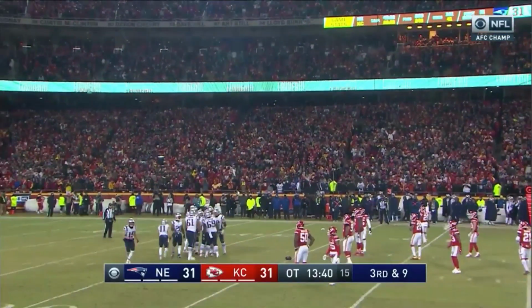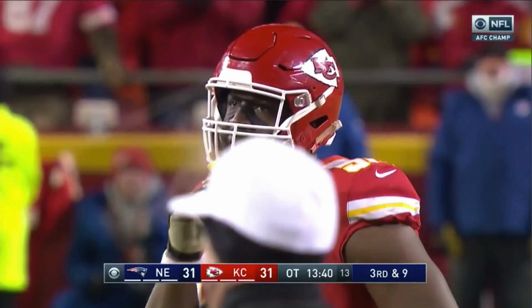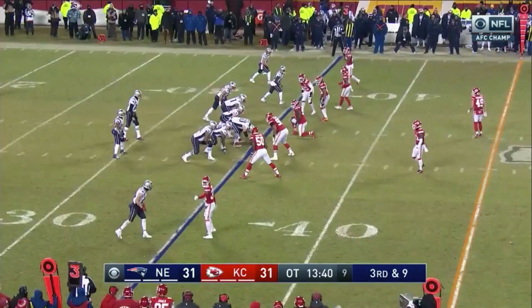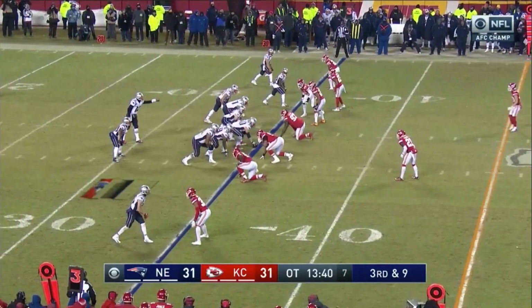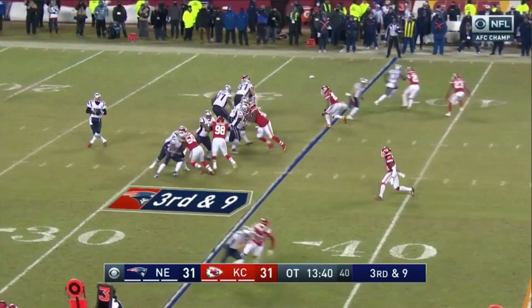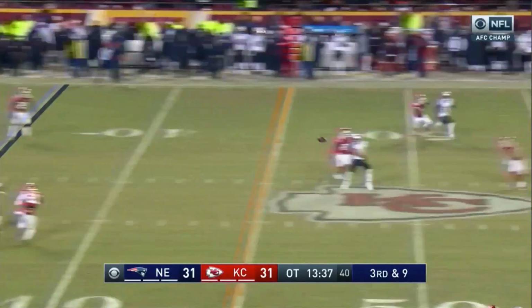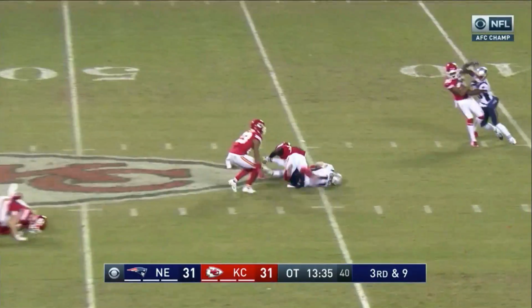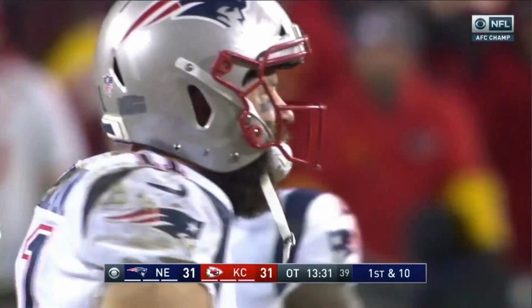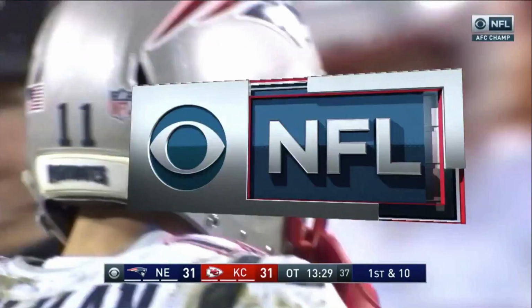I'm JT O'Sullivan. Today, we're looking at how the Patriots converted 3 third and longs, 3rd and 10s in overtime in the AFC Championship game to go to the Super Bowl. Pretty unreal. They were able to do all sorts of great concepts, great pass protection against different defenses, different coverages, rotation, safety play. We'll look at the pass protection, different ways that they chipped, protected Tom, gave him an opportunity